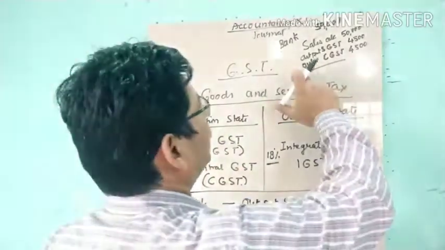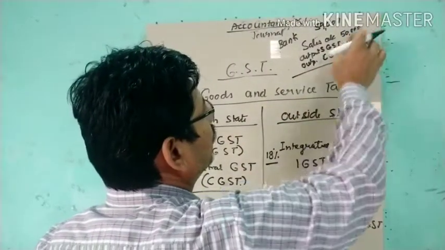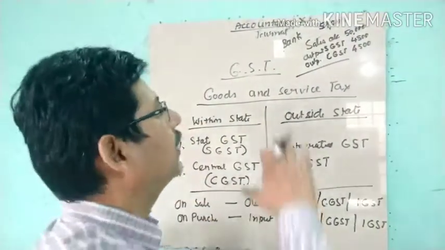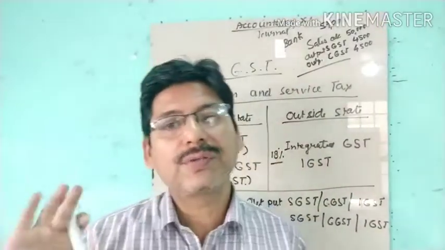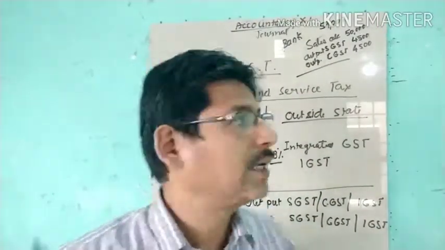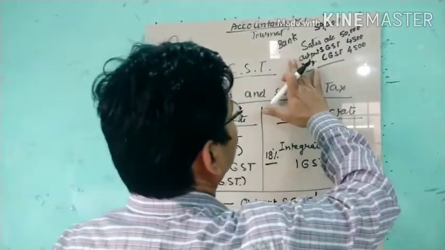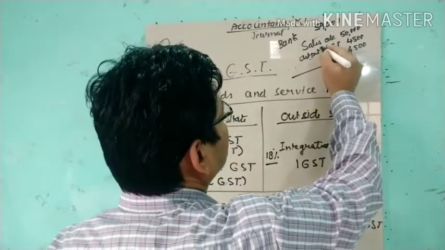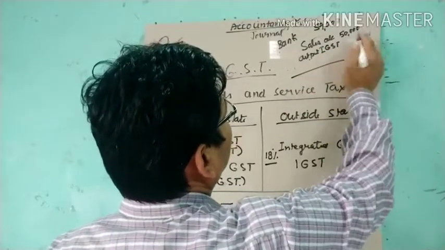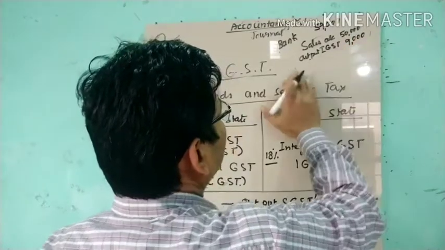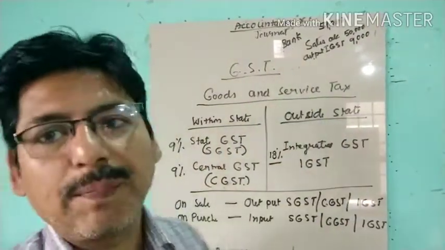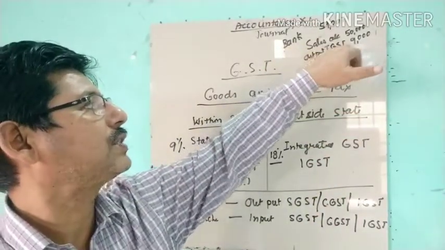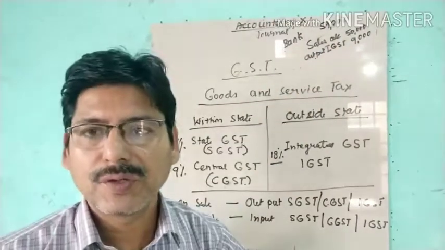So here the same entry will be there, but instead of putting the 2, output CGST and SGST, we will put 1, IGST only, because only one tax is charged, but the tax is not reduced, the rate is the same, 18%. So here 9,000 will be put in, output IGST will be 9,000 rupees. So what is the journal entry? If we are receiving the payment, bank account debit 59,000, to sales, to output IGST. Only this change will be there.